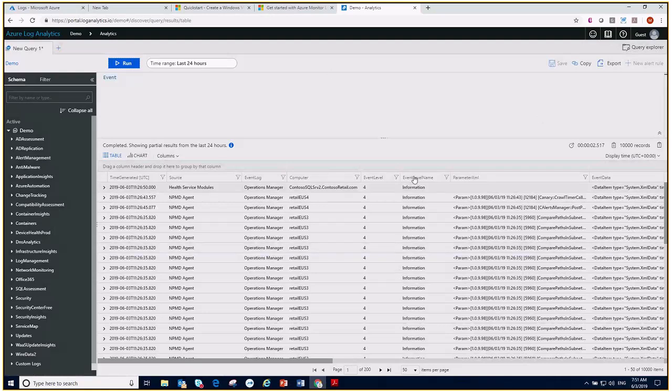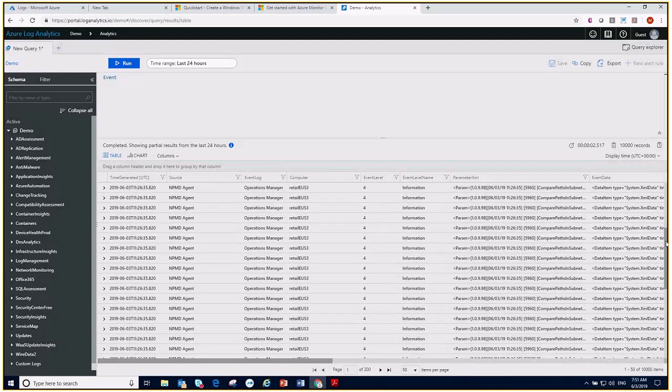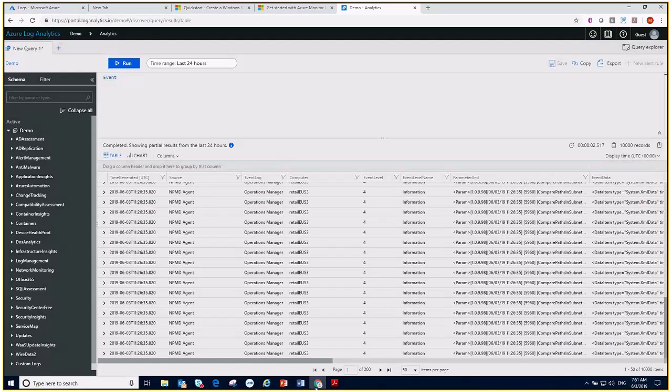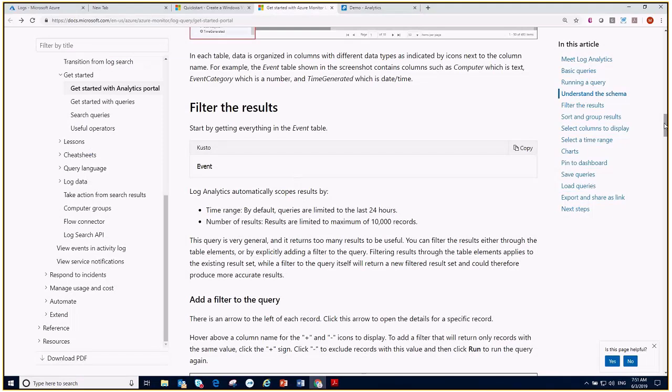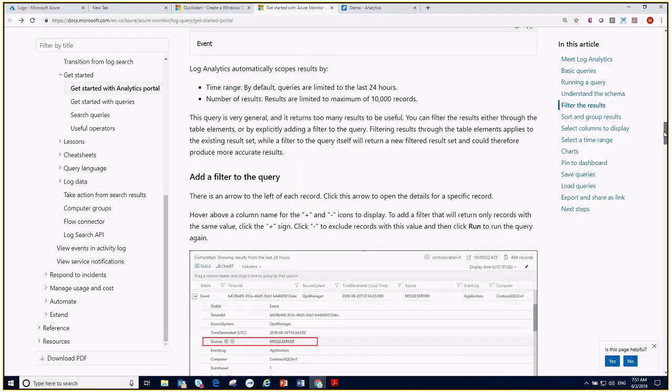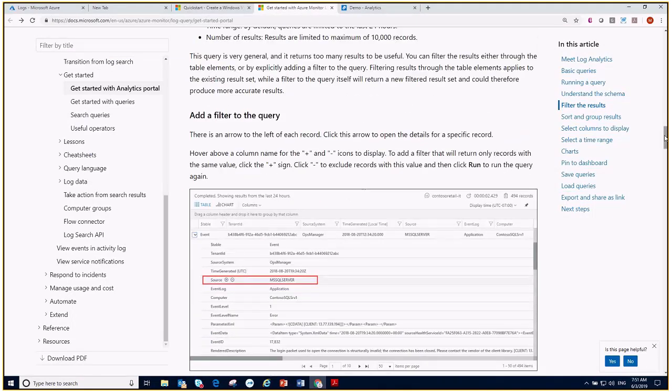Notice that it has all kinds of event level names, like information. You can scroll down, and there is page 1 of 200. That's all the events. That's a lot of data in there. Now from there, we are going to filter that query. We know that's too many of them, we can't do all of them. So we're going to run a specific